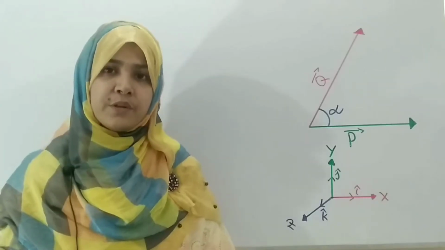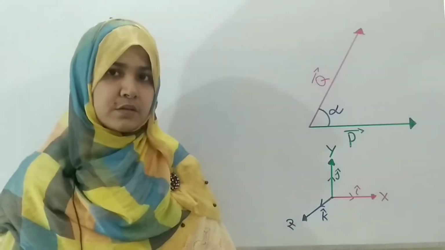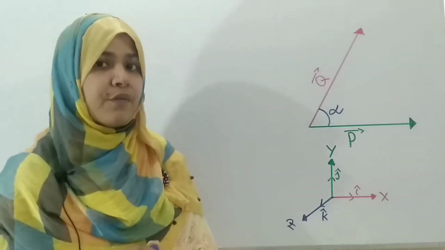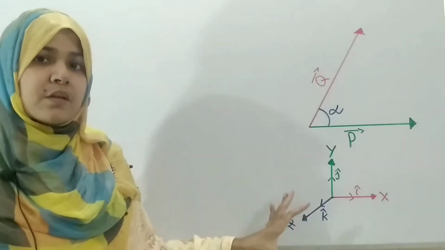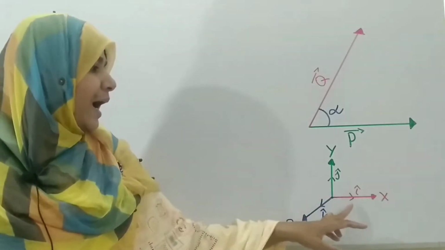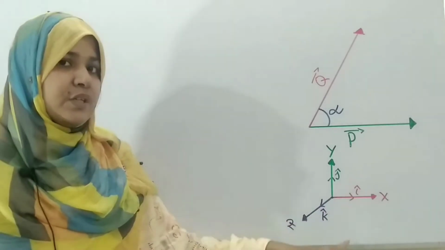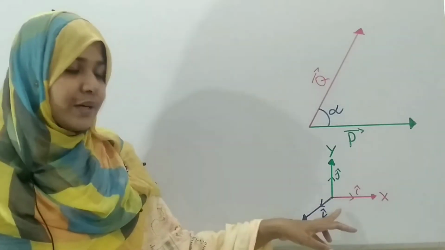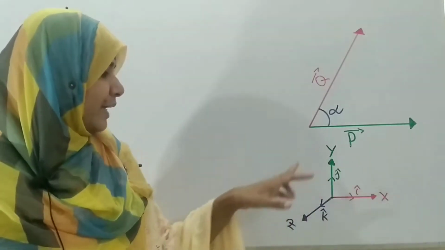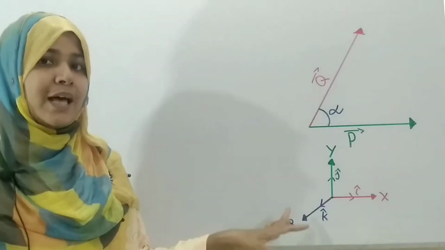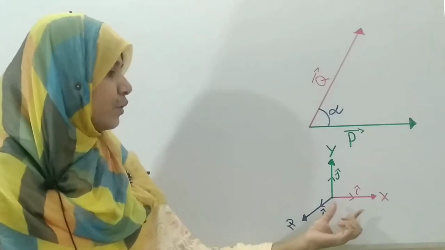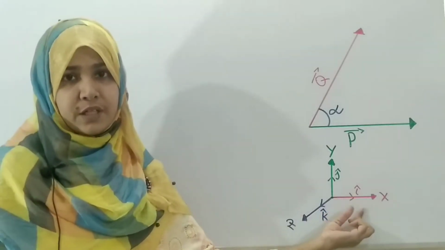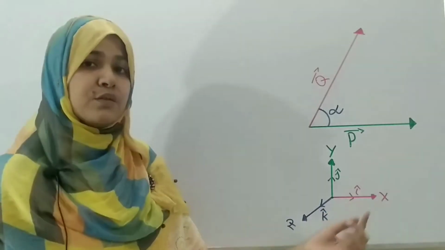The dot product of two rectangular unit vectors. Rectangular unit vectors, you have already learned about that. That means in the three-dimensional coordinate system, i, j and k, these three unit vectors act towards the positive x, y and z directions and are known as the rectangular unit vectors. If we multiply two similar unit vectors, that means i dot i,